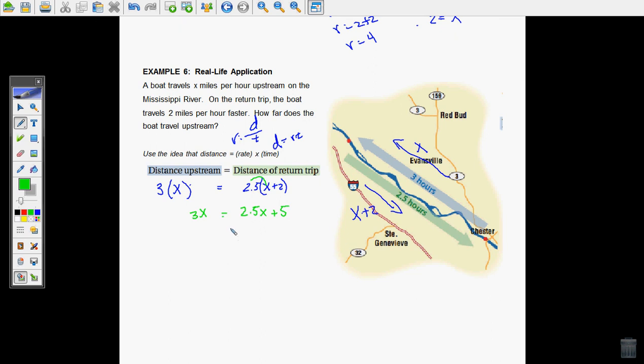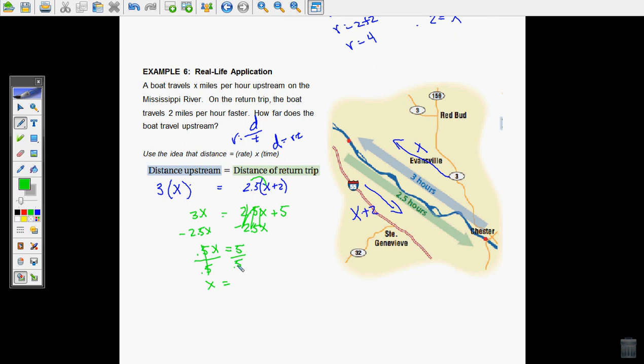So now I want to try and combine all of my like terms. That means I'm going to subtract 2.5x on the left side and balance it out by subtracting 2.5x on the right side. That leaves me with just half of an x being equal to 5. Okay, now I have 0.5 times x equals 5. So that means I'm going to divide in order to take away that multiplication and undo that. So dividing by 0.5, divide by 0.5, and that leaves me with x equals,